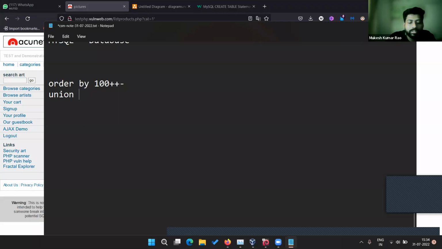Then we go with union select, and then we are taking 1, 2, 3 something like that, plus plus minus minus. Correct? Something like that we are using. Then we go with information schema details. These are the things we are trying to identify, but this pattern is available in